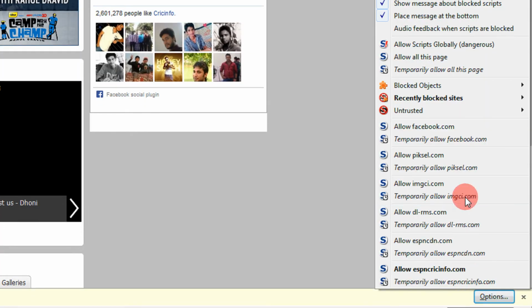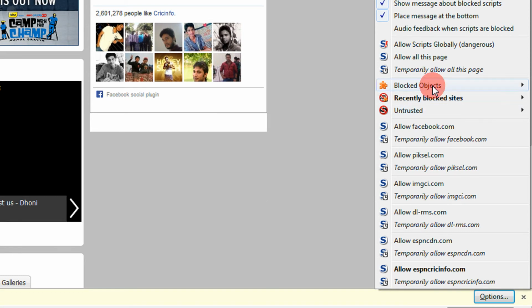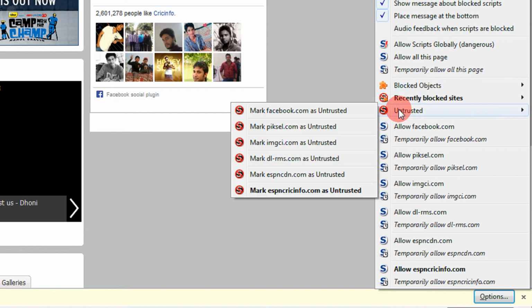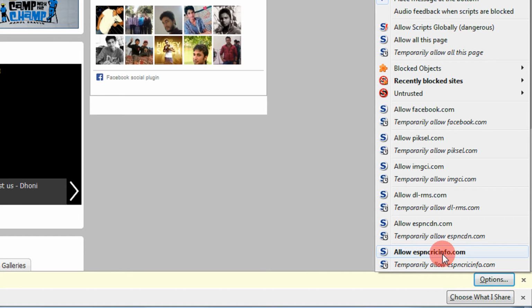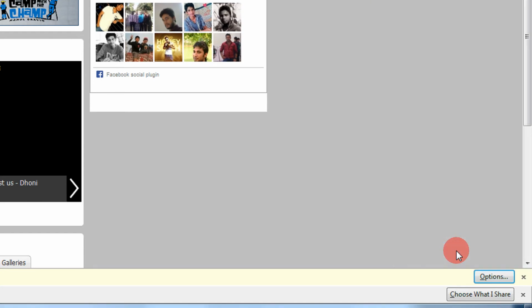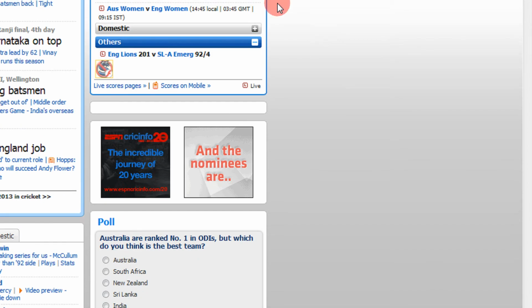In a similar manner, I can block other add-ons, other scripts that are running on the page. Then you have blocked objects, or I can mark something as untrusted, so that will never be loaded in any website it comes on. And you can safely allow, if you trust the website, allow espncricinfo.com. So now it depends on you, how much security you want.